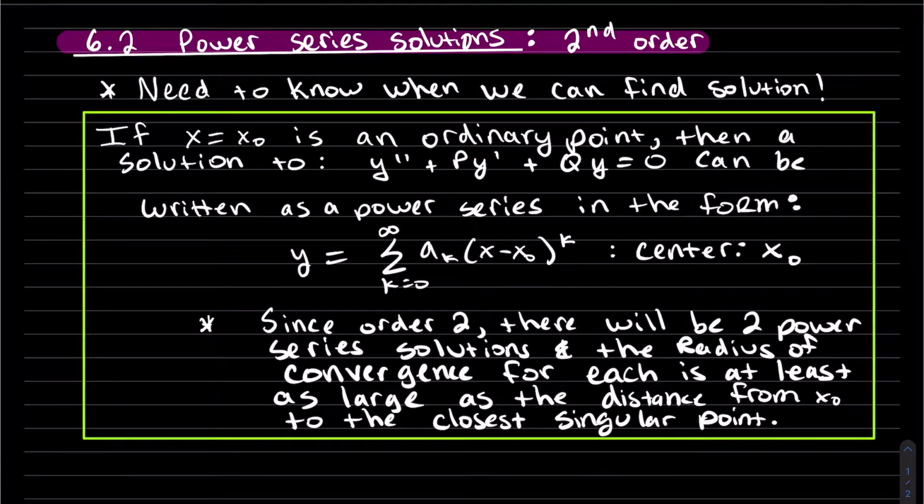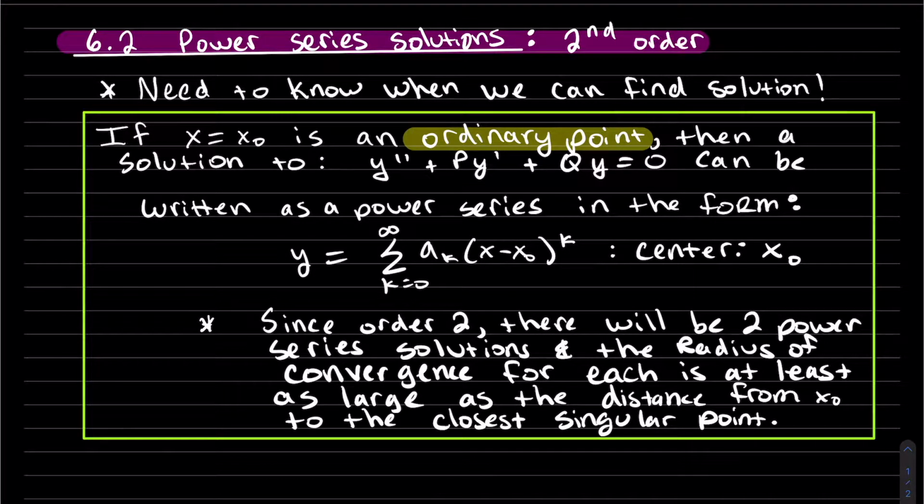So if x naught is an ordinary point, then a solution to this second order differential equation can be written as a power series in the following form,